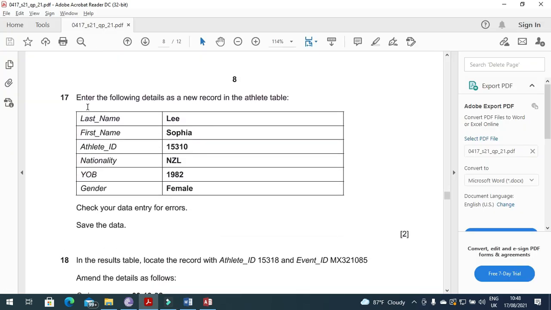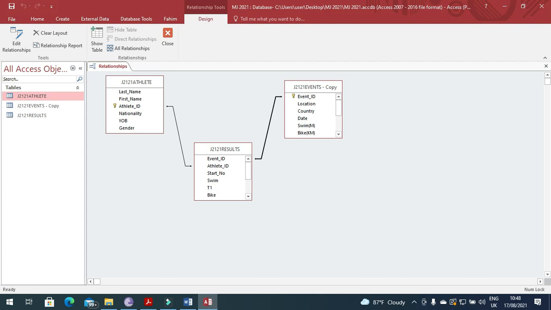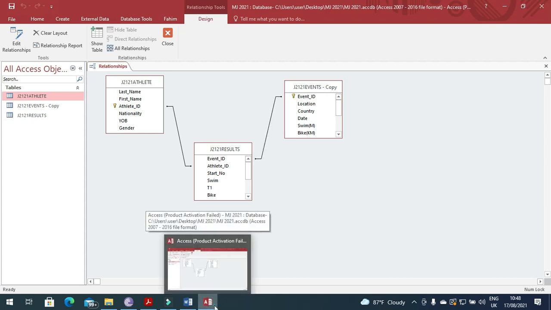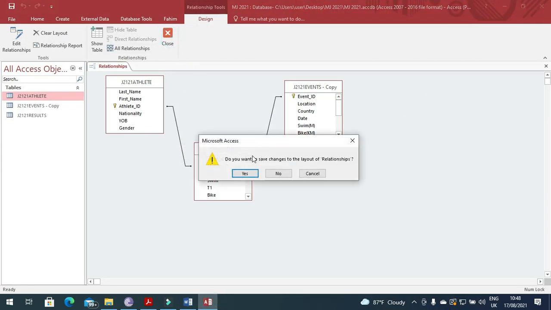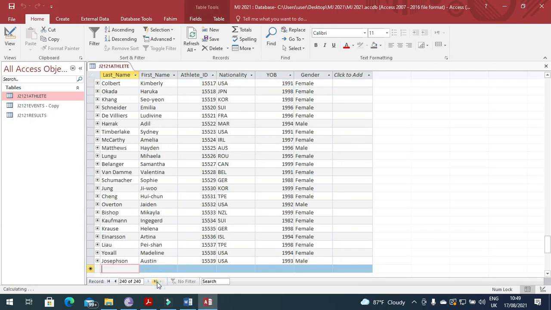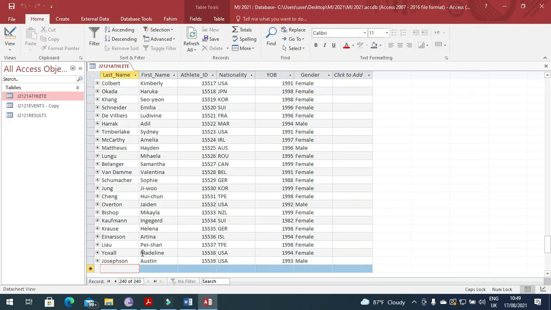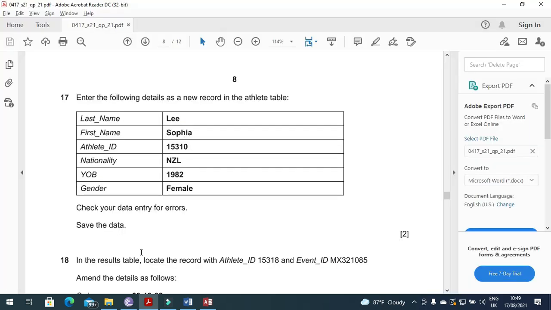Let's move forward. Enter the following details as a new record in athletes table. So we need to open the athletes table now. We'll close them, save athletes table, click new record, and let's try to enter the data. Last name is Lee, first name is Sophia. So last name is Lee, and then we have Sophia, and